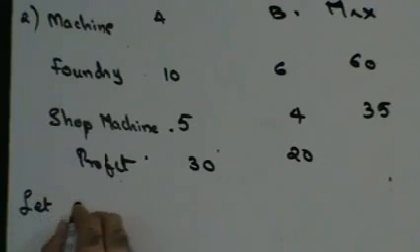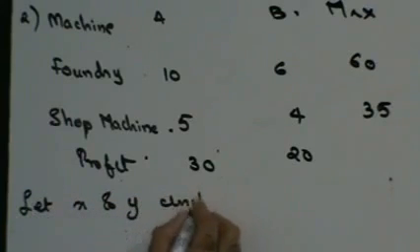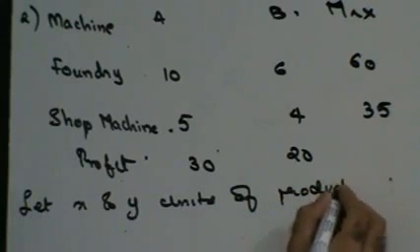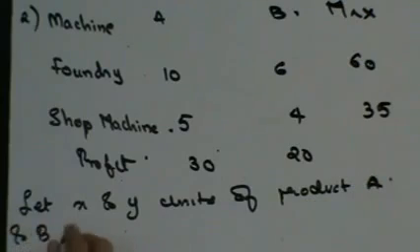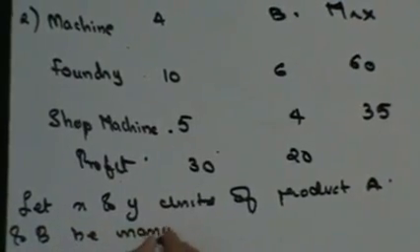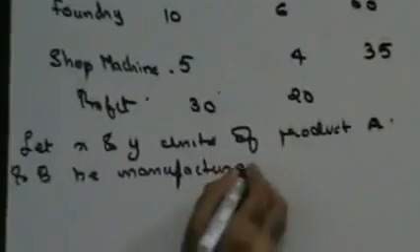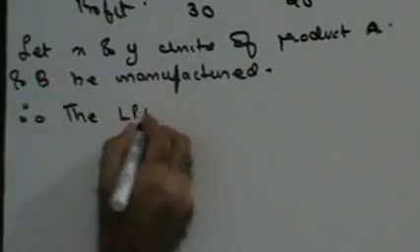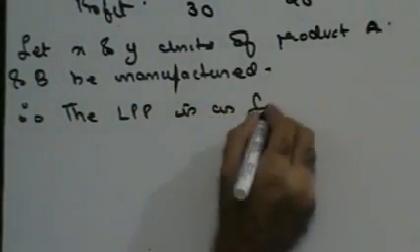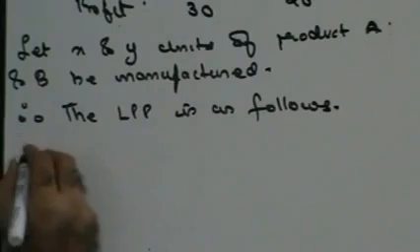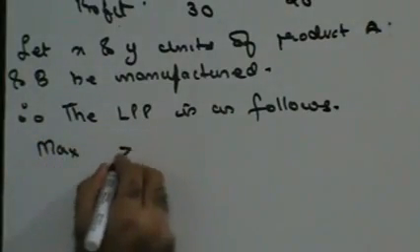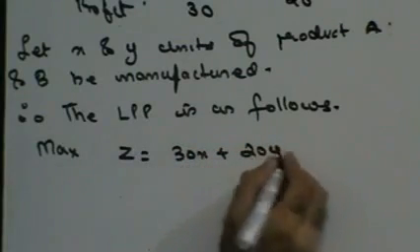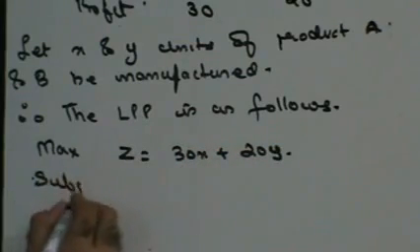Let's start. We'll say let X and Y units of product A and B be manufactured. We'll say therefore the LPP is as follows. Since it is profit, you will say maximize Z is equal to the profit function, that is 30x plus 20y subject to